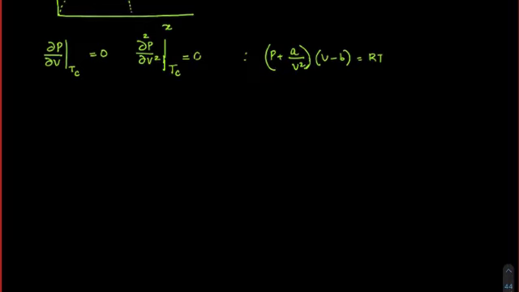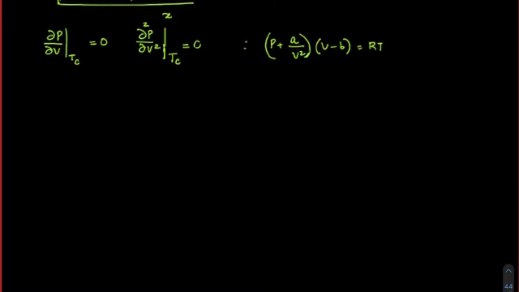Now what we can say here, what we learned: the PC, TC, VC values, let me put that here once again. We learned that TC is 8A by 27RB, PC is A by 27B square, and VC we got as 3B. These are the critical parameters which we learned.